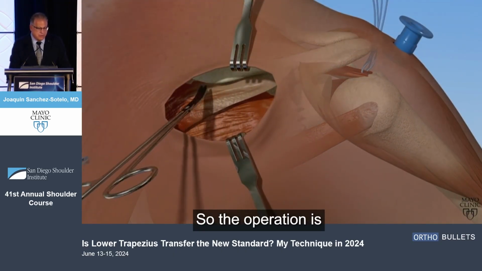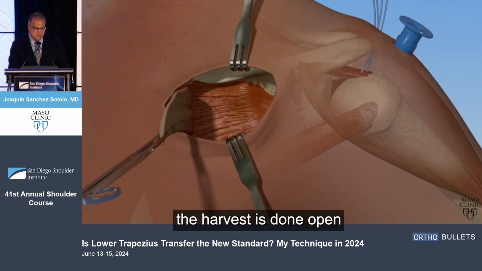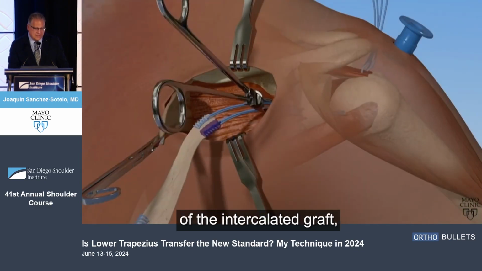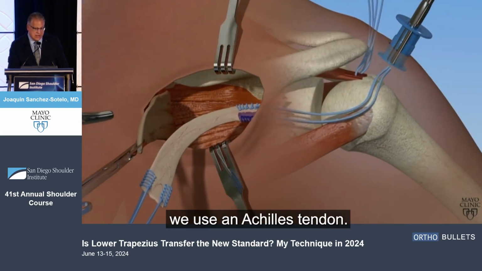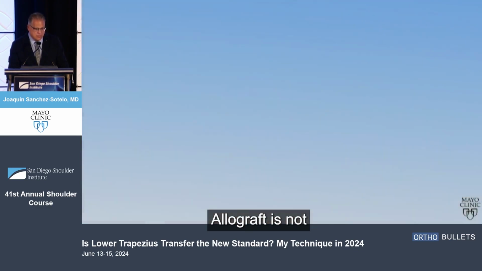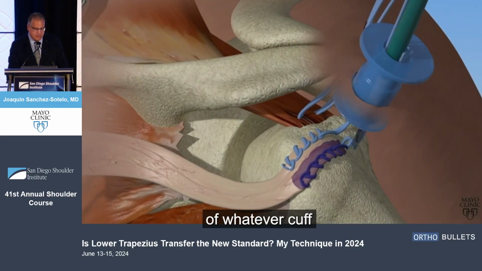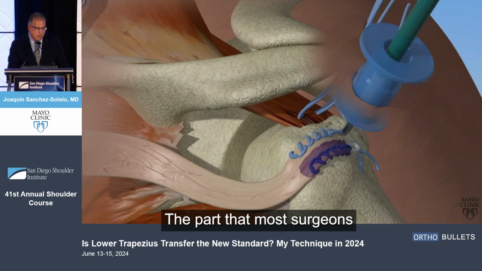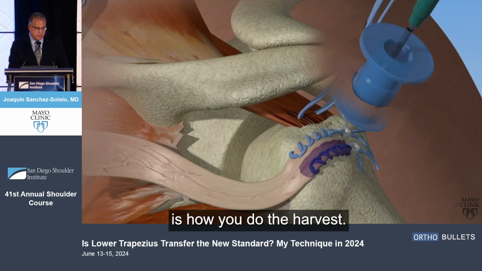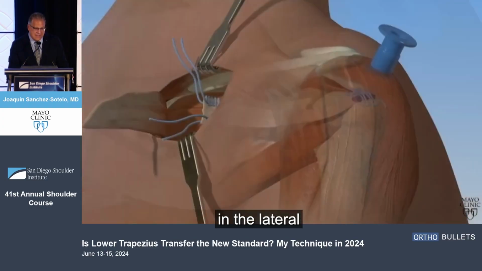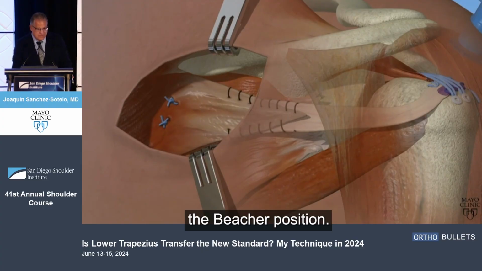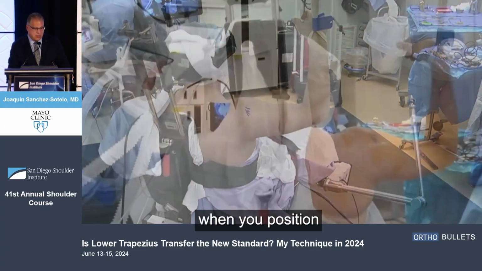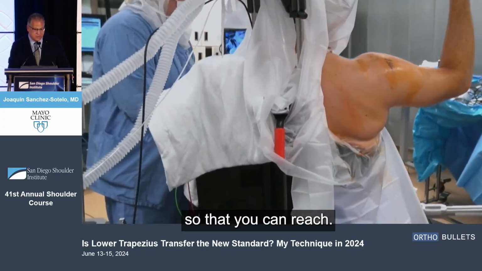So the way we do the operation is the harvest is done open, and then the fixation of the intercalary graft, in our case we use an Achilles tendon allograft, is done arthroscopically and always associated with repair of whatever cuff can be repaired. The part that most surgeons want to learn about is how you do the harvest, and you can do this in the lateral. My preference is to use the beach chair position, and it's important when you position the patient to drape so that you can reach